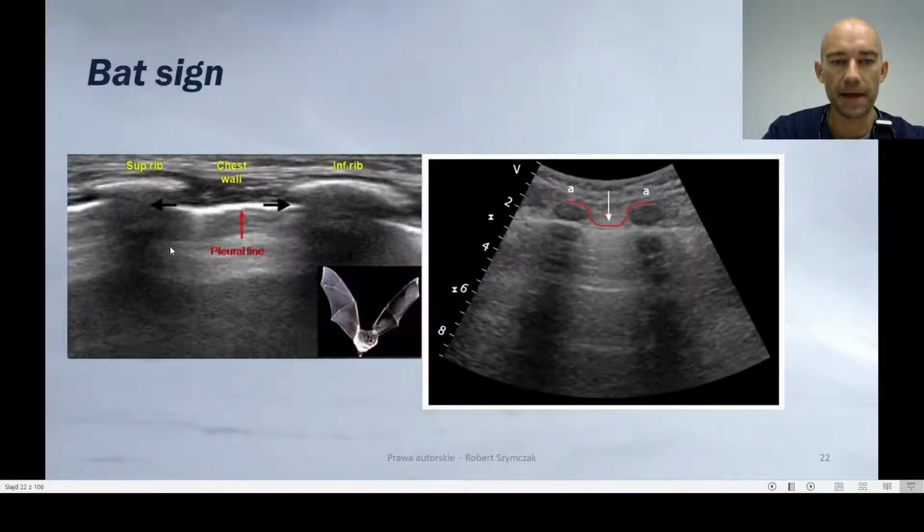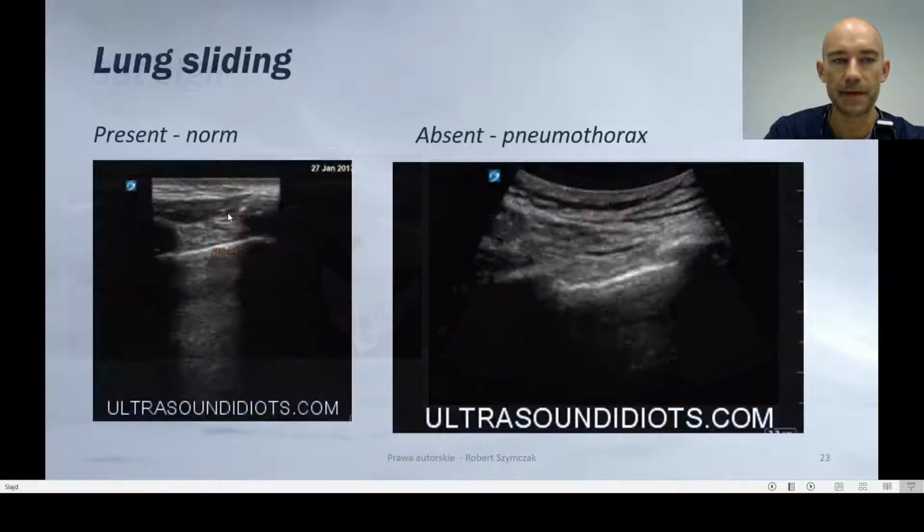Okay, so first of all, when you put a probe, search for the bat sign. So here you've got the rib, the echo of the rib, and here you've got the lung tissue. So look for the bat sign, and after finding the bat sign, then you know that you are looking at the lung, so you can assess the lung. So that's the first thing to do. And you can see here the rib, the chest wall, and the pleural line. Then